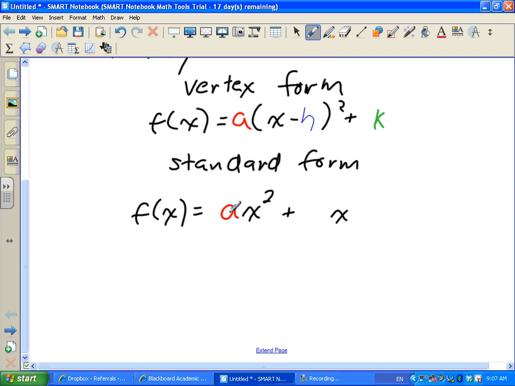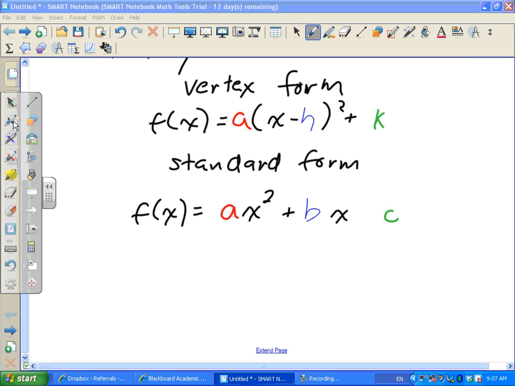Now, these a's don't necessarily mean they're going to be the same number, okay? We use that letter to represent them in both equations. And finally, our c, okay? Our standard form. So we're going to work on, when we have an equation in vertex form, changing it into standard form, and then finally,